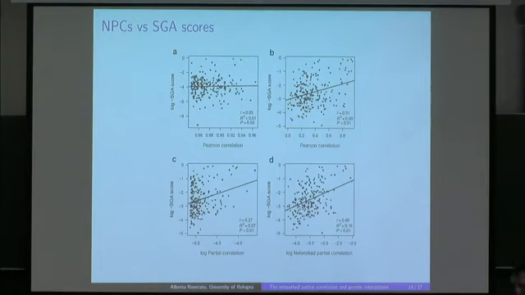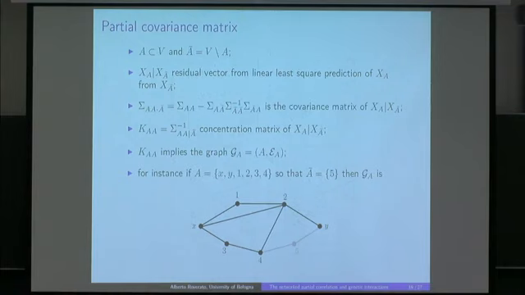The next step, we try to understand whether this kind of interpretation is possible also for an arbitrary path, for a general path, not for a single edge of a graph. And this is the approach we followed. If we consider a subset A of V, or a subset of the genes, and we split the vector X into XA and XA bar, we can compute the linear regression of XA on XA bar, consider the residual, and this is the variance covariance of the residual, and its inverse is the submatrix of